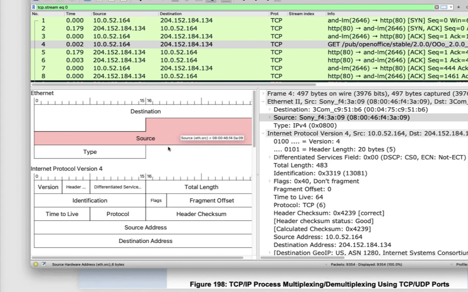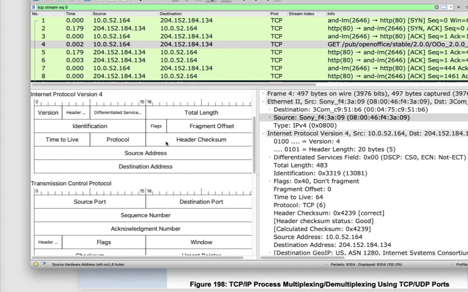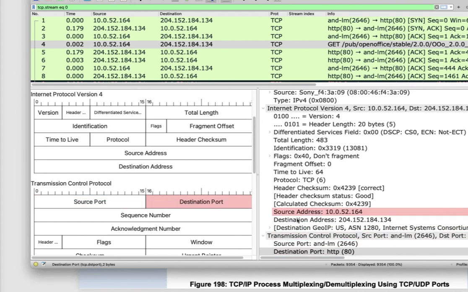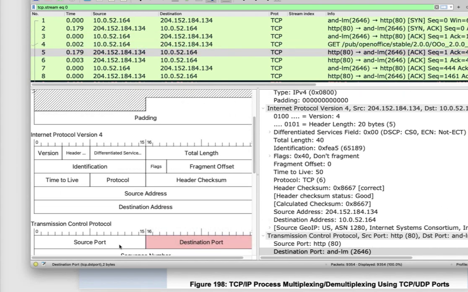Then at the IP layer, my source address 10.0.52.164 and the destination address 204.152.184.134. And our packet is built with the source port 2646 and the destination port 8080. And so on all the way down.